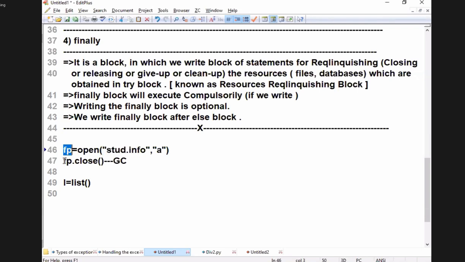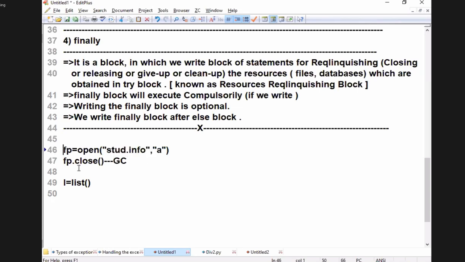If I remove the object, when I say close, the file is not under active mode. Once it is not in active mode, what is the need of fp? I will deallocate the memory space. Once I deallocate the memory space, my program will become fast. So simple thing: you opened your home. What is next happening? fp.close, you will close your doors and everything, and you are out of it. And no more object is pointing to your door. It is nothing but cleaning up the resources which are present in the home. Cleaning up does not mean removing the things which are present in the home. The object pointing to the file is removed. That is the meaning of it.